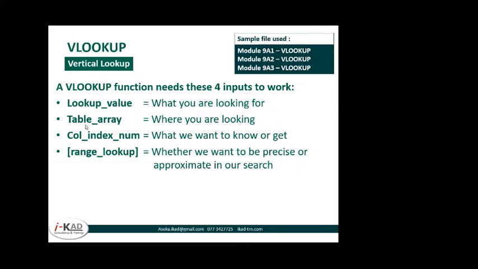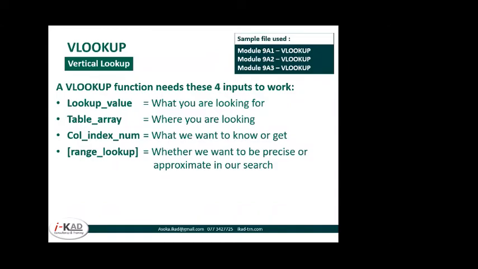The table array, this part here. Right. Okay. The column index number is the column that we are calling from that table, that you want to get to this table. Don't worry, I'll explain with some data here, then you'll understand better.